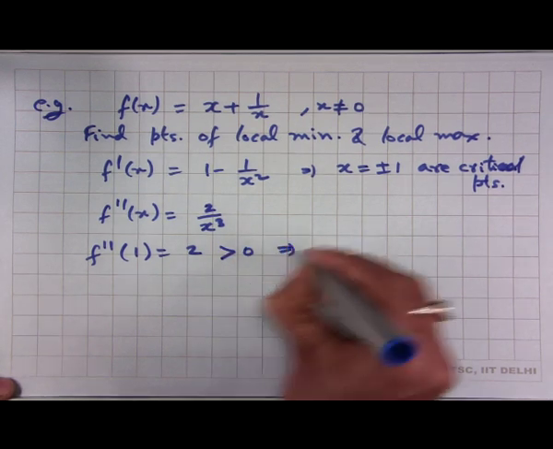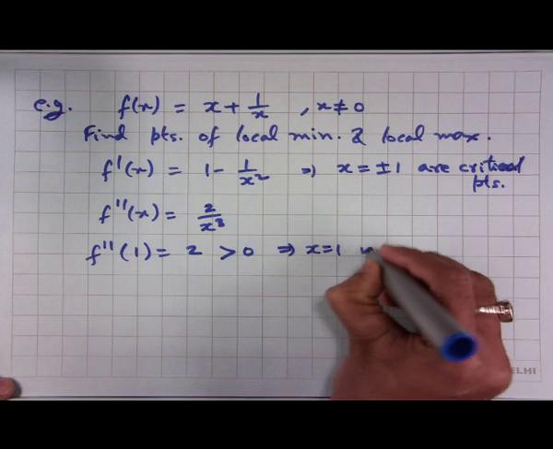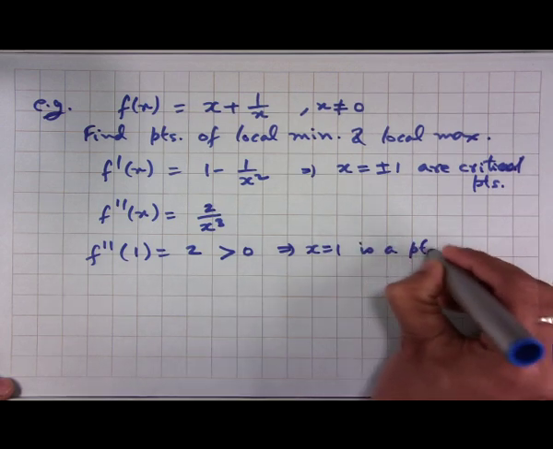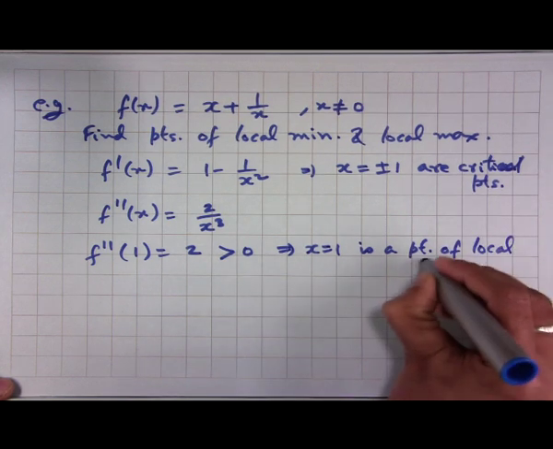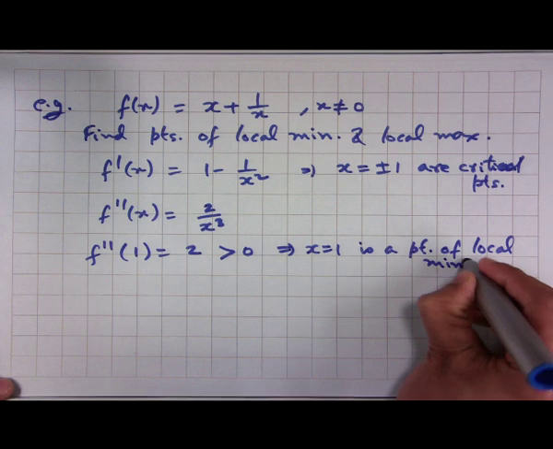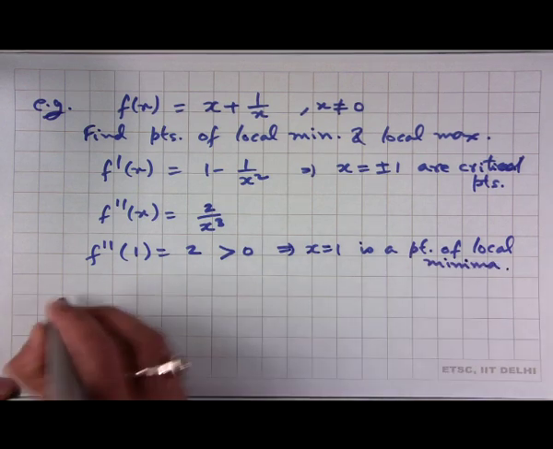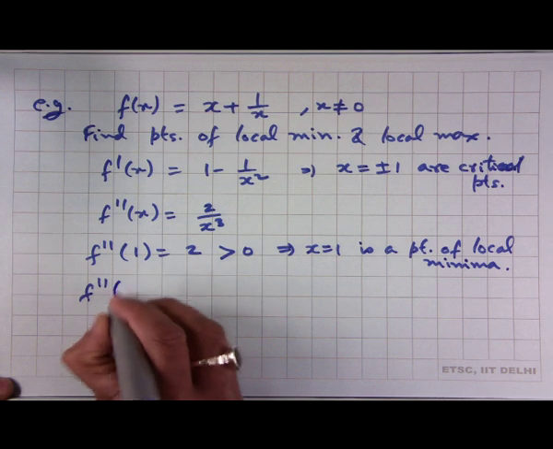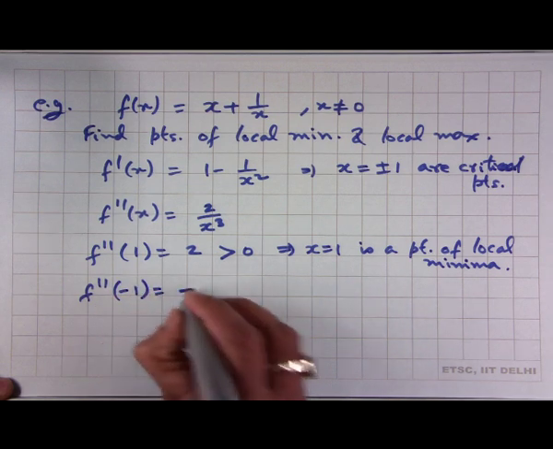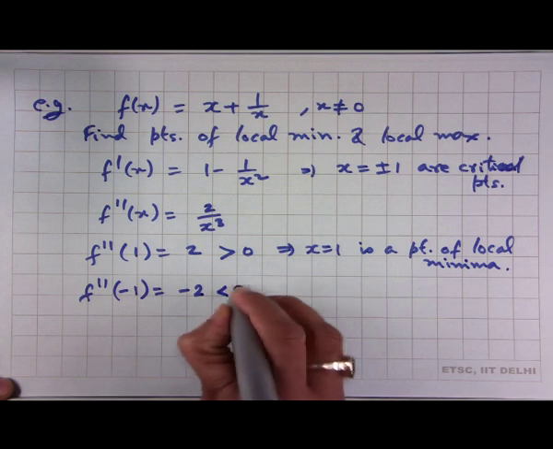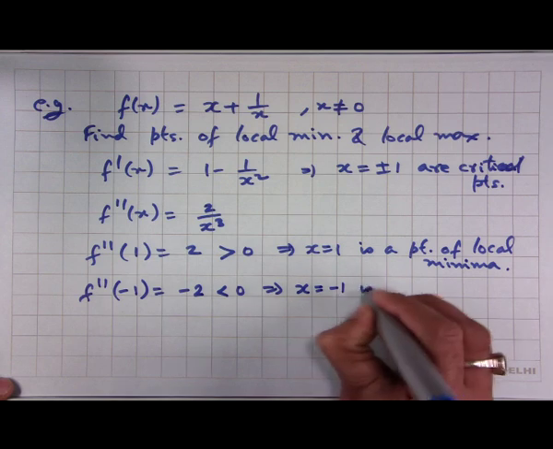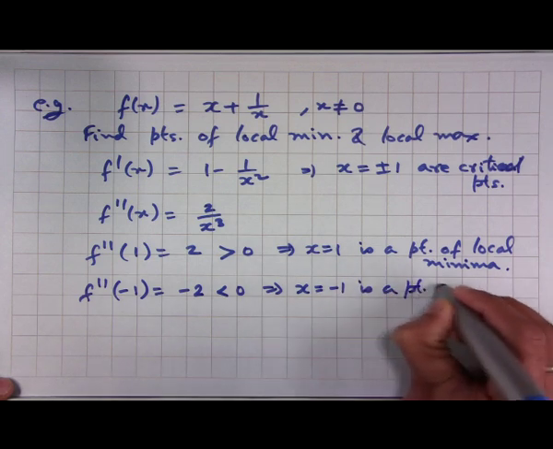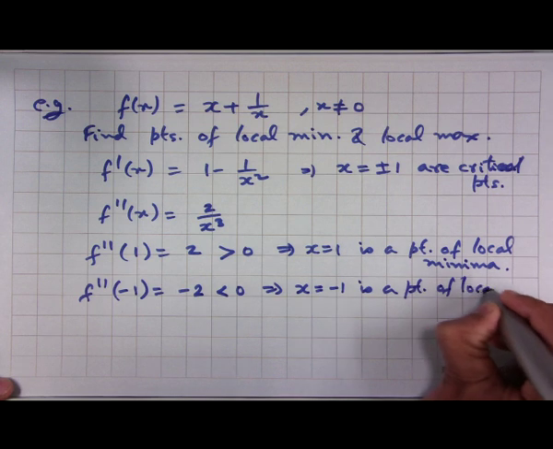This implies x equal to 1 is a point of local minima, and if you calculate f double prime at minus 1, this comes out to be minus 2, which is negative. This implies x equal to minus 1 is a point of local maxima,